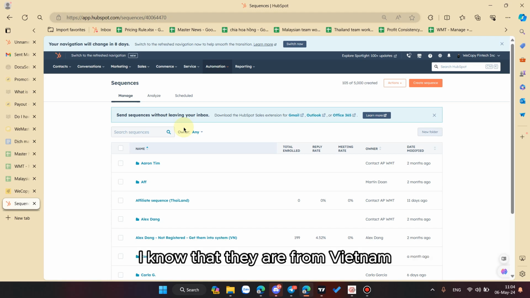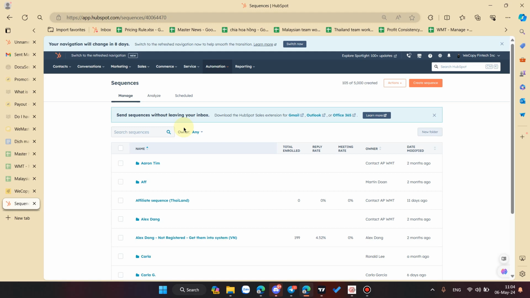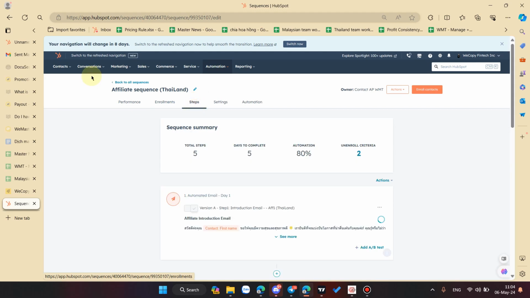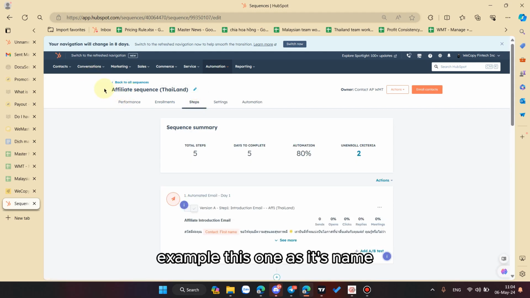I know that they are from Vietnam, so I will create the email in the Vietnamese language. The content of each email every day is different, introducing our promotion, kind of like that. So I have one example. This one, as its name says, is affiliate sequence for Thailand. When I see the headline, I know that this sequence is for Thai people, and it introduces the affiliate